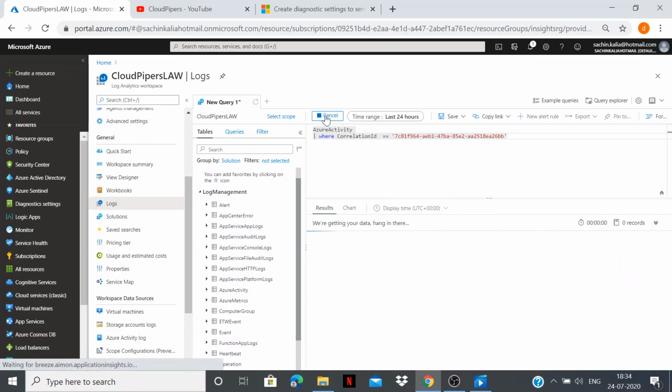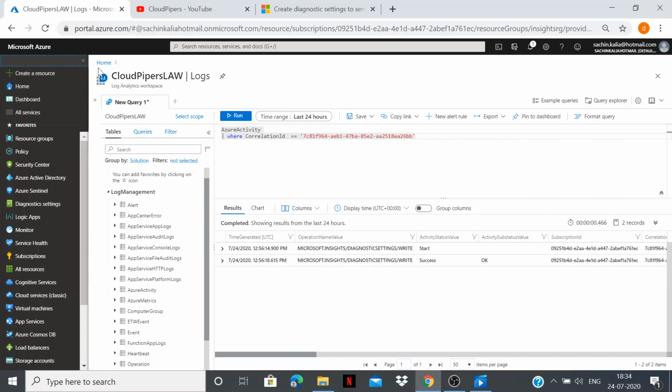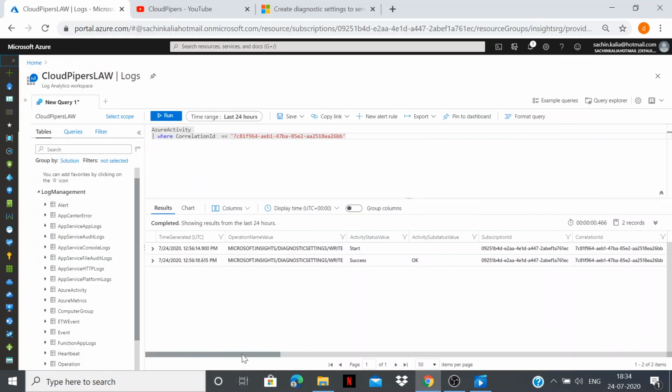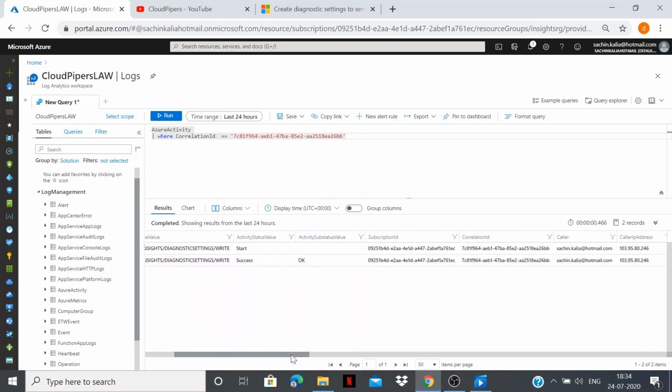Let's see. Yeah, as you can see, we have two actions related to the correlation ID, and both of them were performed around 12:56 p.m. today. It has entire details related to the subscription and the correlation ID which we have kept here.